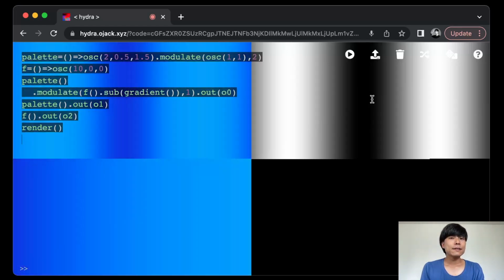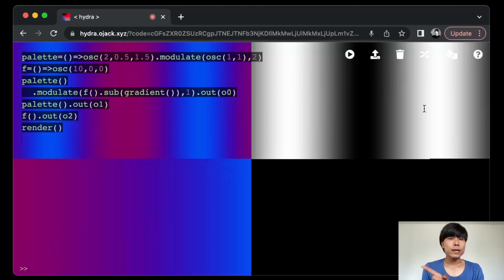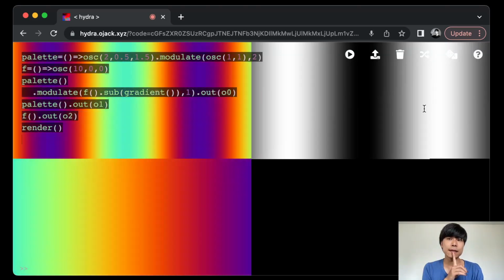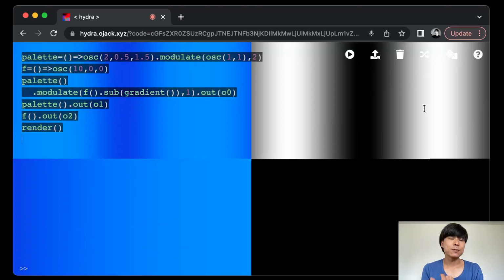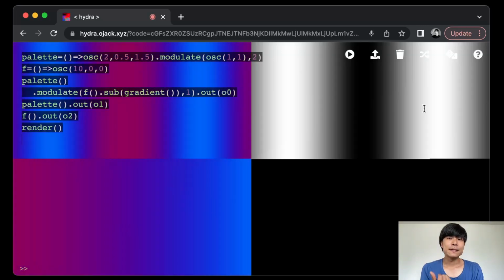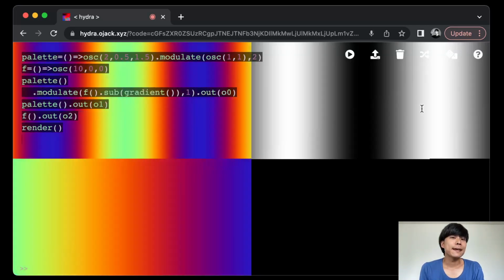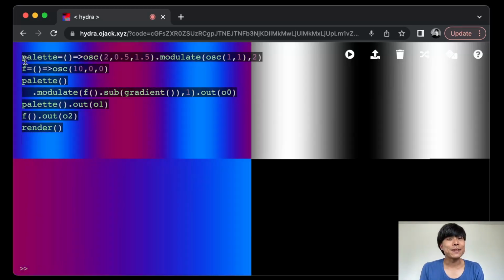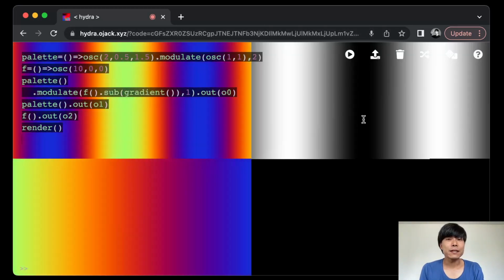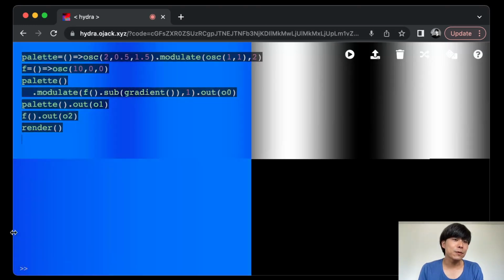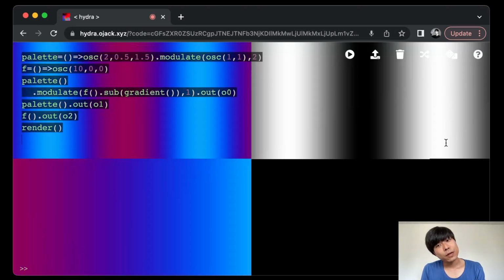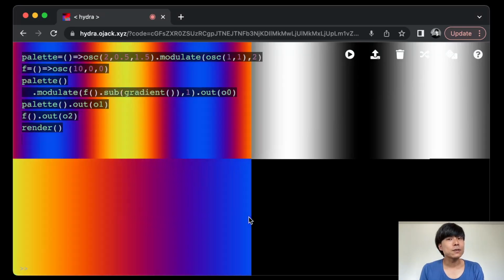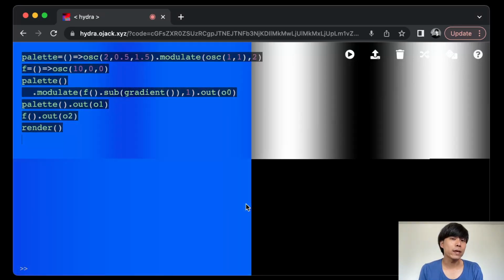And this top right is the base, this is something I want to colorize. And behind the code, the top left is the result. So this black part becomes the left part of the palette, and the bright part of the base texture becomes the right edge of